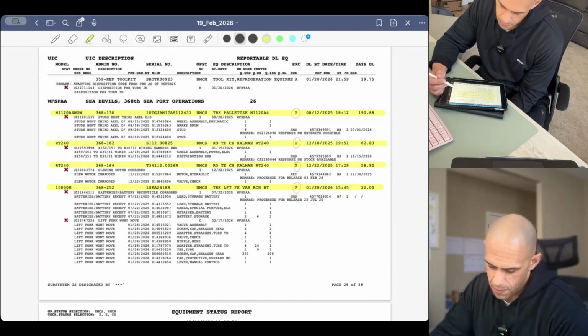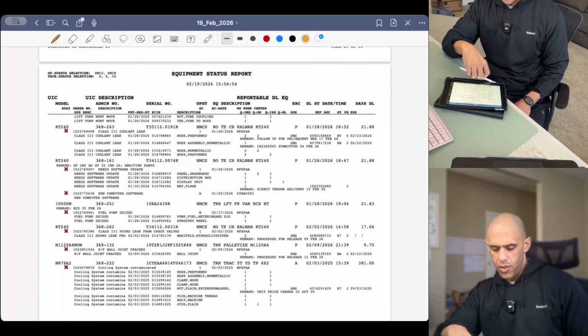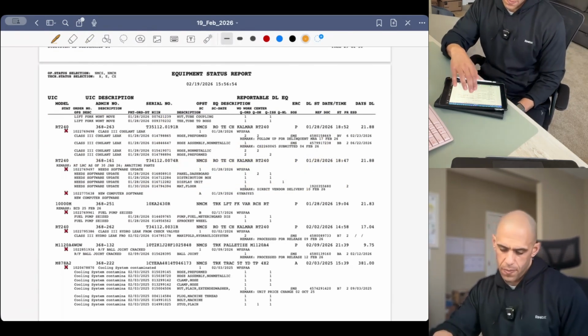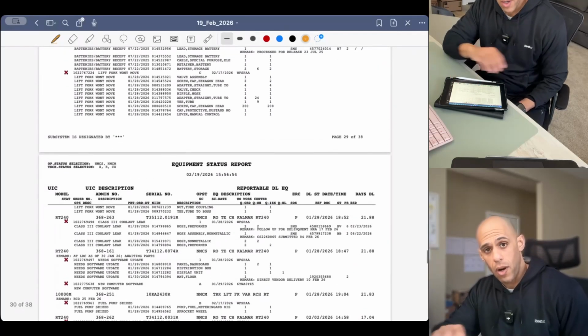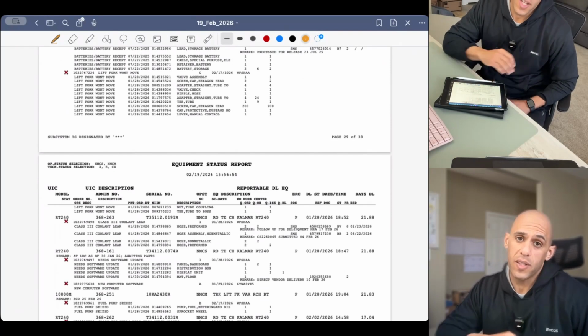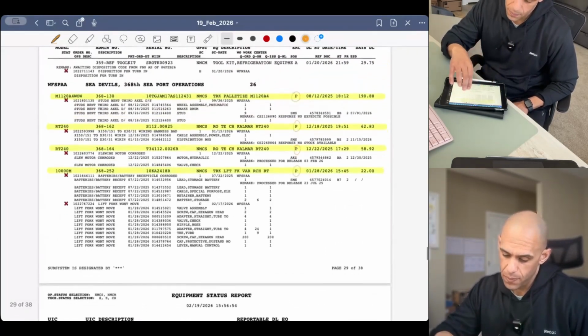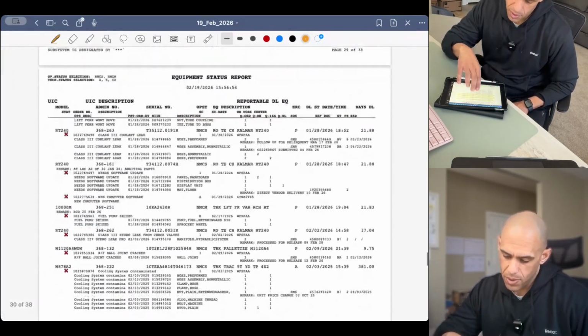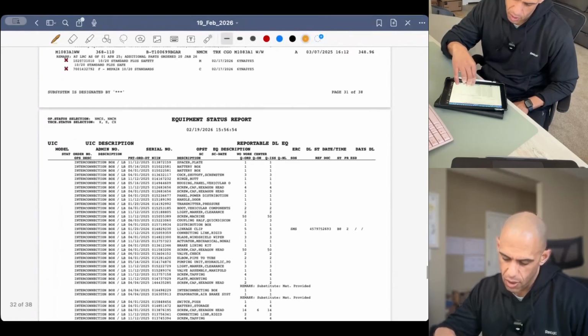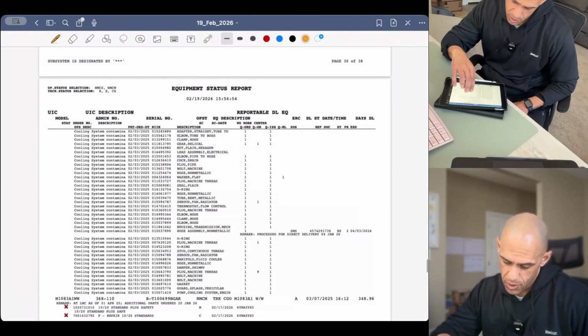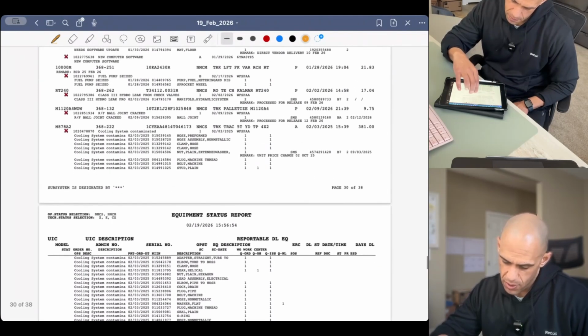So looking at this ESR, when you get handed this piece of paper, you should now be able to identify what should be a priority for the day. You should be able to identify what tasks need to get done and who needs to do it, and start putting ownership to these folks and figuring out, hey, where's my part status, or have we worked on it, or are all the parts ordered? An example of what you don't want, and I'm going to show you here,